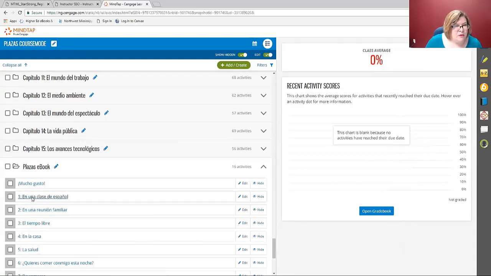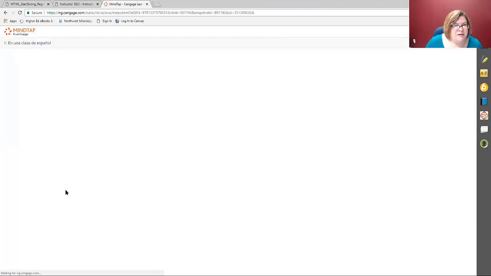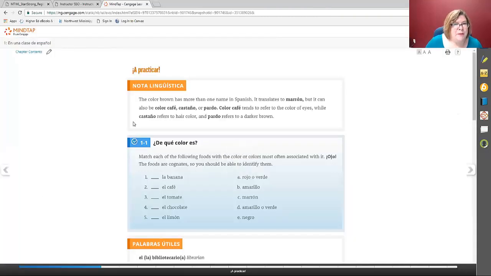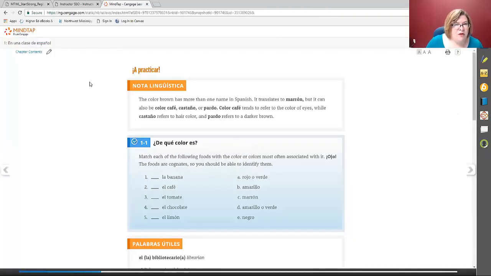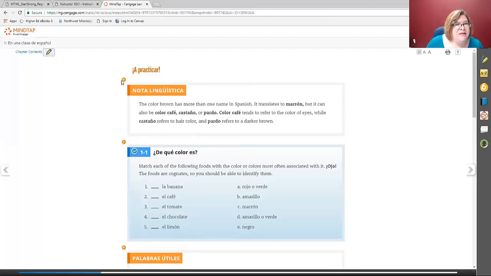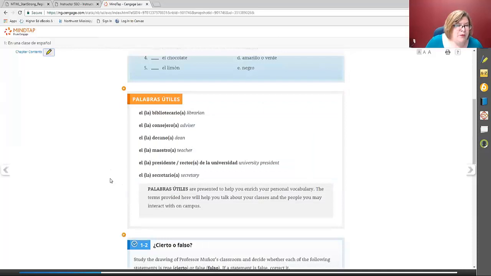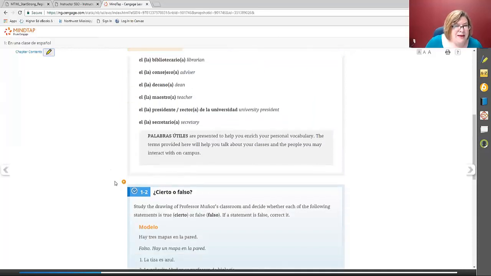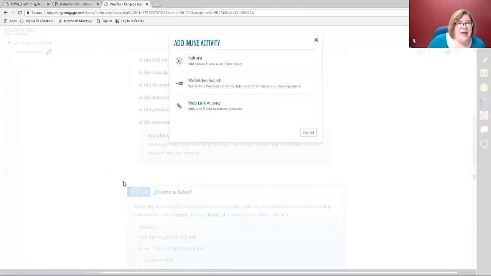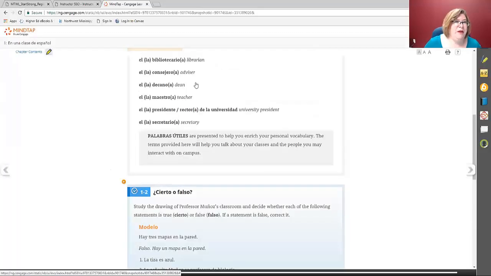And in going through and doing this, I'm just going to jump into that vocabulary page. Now, if I want to go edit into this, I'm going to click this, and you're going to see these little pluses, and this just very quickly says add here. So, for example, if I wanted to add in, and I'm just going to click right here, a web video, so a YouTube video.